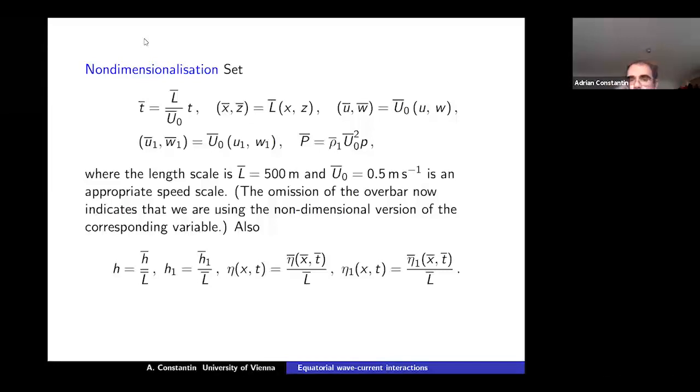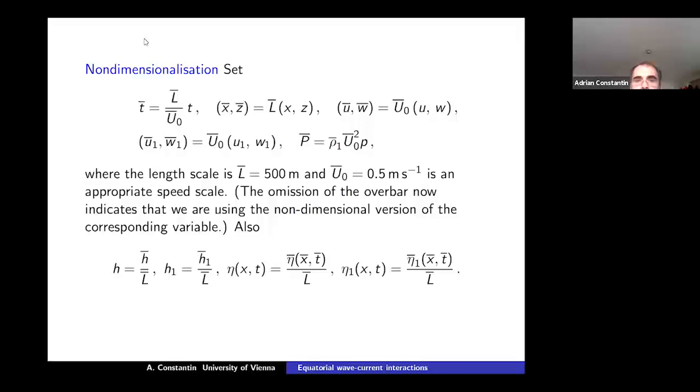Now, the reference for the velocity is 0.5 meter per second, because roughly this is the speed of the current at the surface going westward, and 3 times this quantity is the internal one, the EUC, that goes at 100, 200 meters. So this is just to have a reference. The length scale I use for the vertical and the horizontal. For the vertical and horizontal velocities, I have this U bar. And then time, obviously, if I decided the length scale for distance and for speed, then time can only be that.